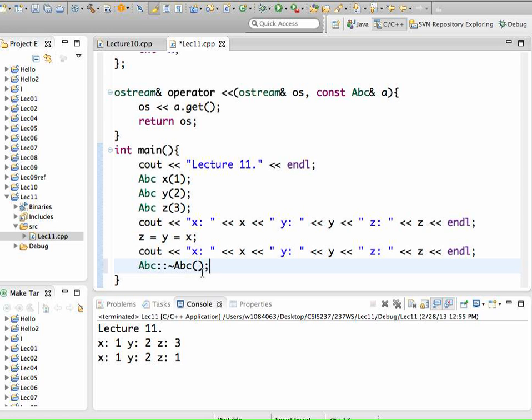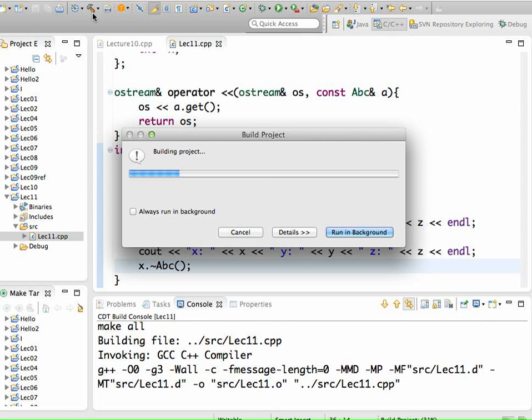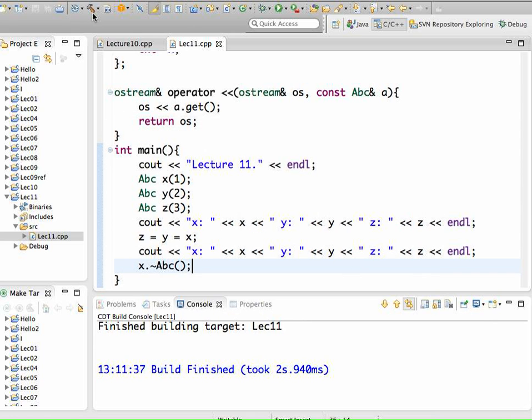So let's see, how would you do that? I don't think you can ever do this. The closest thing would be like x dot destructor. And since we don't do this, I can't even think of what the syntax for this would be. Let's see if this will work. Shouldn't work. I would expect it not to work, but it does. Yeah. So you're not supposed to call the destructor